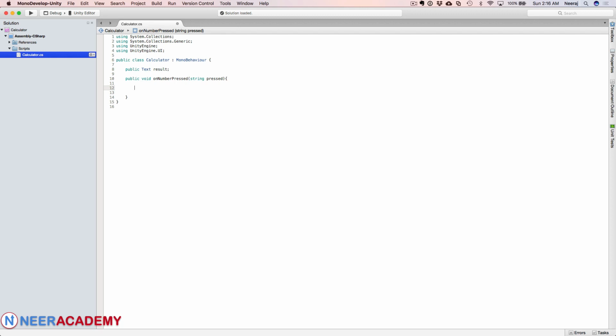So basically the first thing which we'll need to do is parse the text. So I'll just declare a number, and I'll also need to parse the pressed. So I'll just declare for that also, and if I am able to parse these two